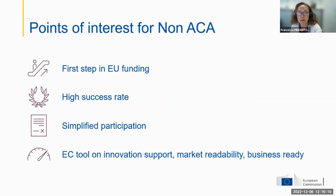So first of all, we see staff exchanges is a relatively simple action compared to other Marie Curie actions. And this could be a good start for you to then apply to other Marie Curie actions. The success rate is relatively high, with more than 30% success in the last call. Then participants can join the consortium as beneficiaries or associated partners. If you join as an associated partner, your role is simplified and the responsibilities are reduced. From an administrative point of view, we use unit cost, so you don't need to send real cost,